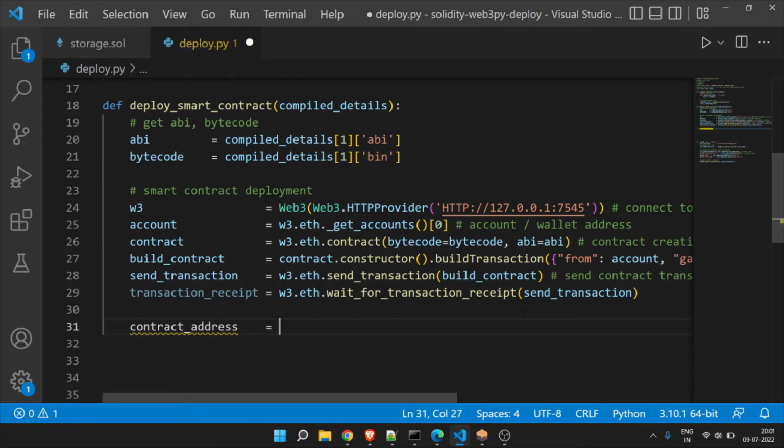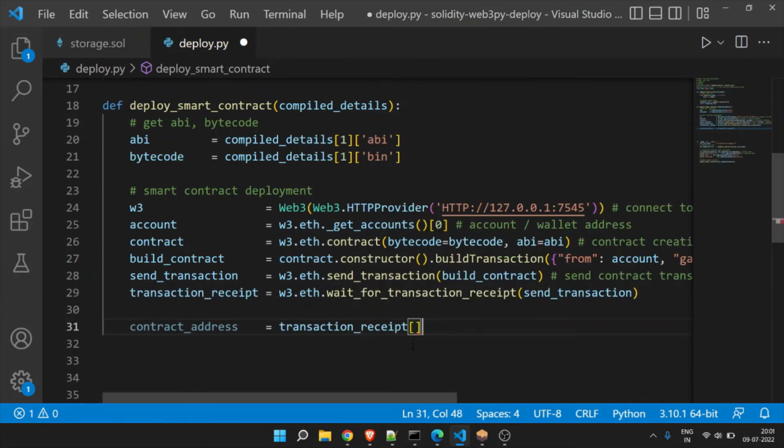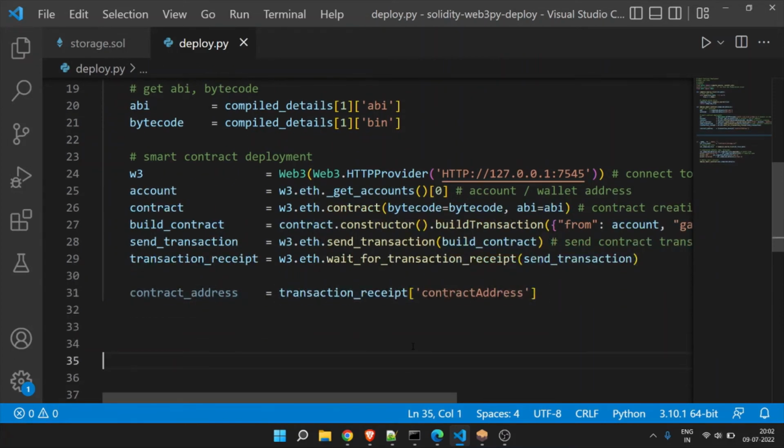So contract address equal to transaction receipt of contract address. So you can print this transaction receipt and you will find all the transaction details. Here we're going to print only the contract address. So we are fetching the contract address